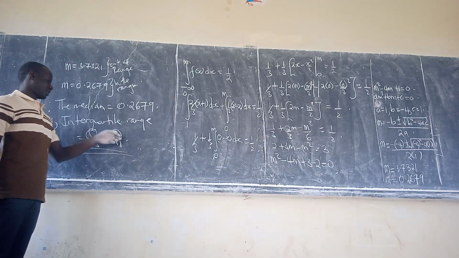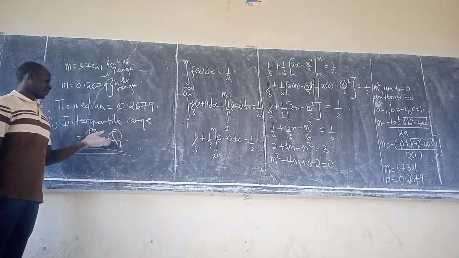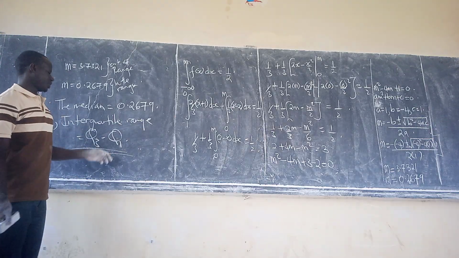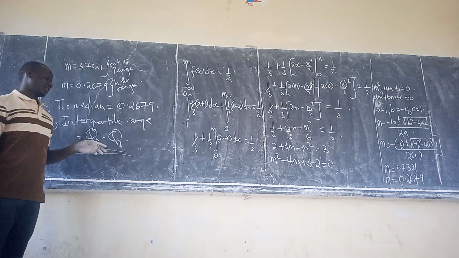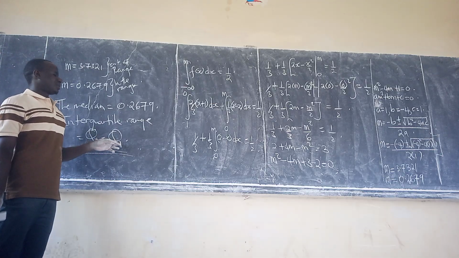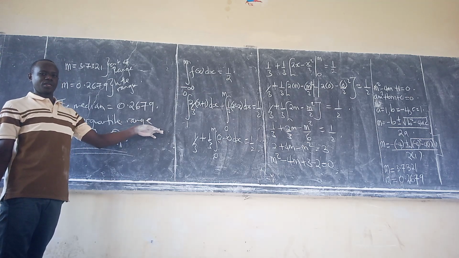You can begin with Q1 followed by Q3 or Q3 followed by Q1. But you test the interval within which the lower quartile lies and also the upper quartile lies. For example, for Q1, you will test whether Q1 lies in the interval from -1 to 0. It will lie there